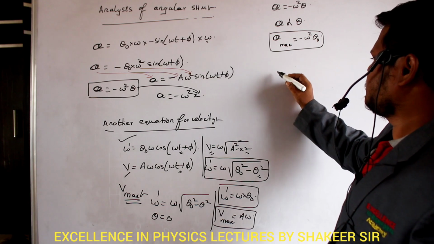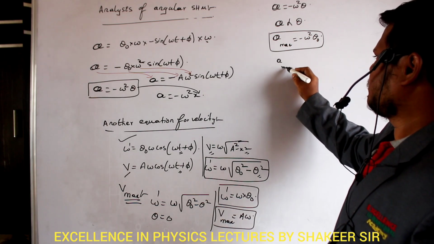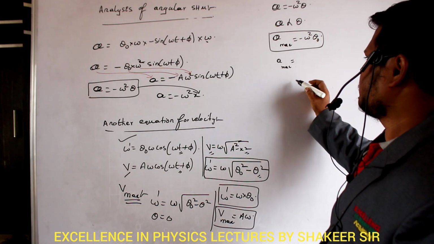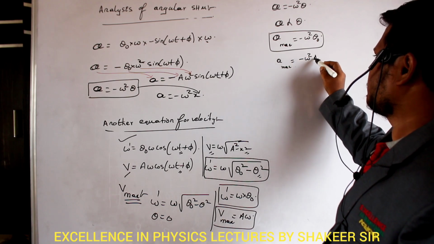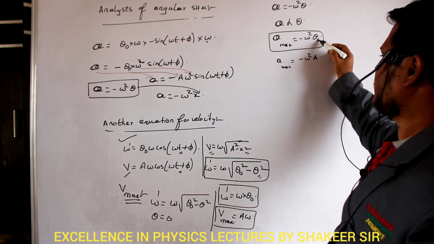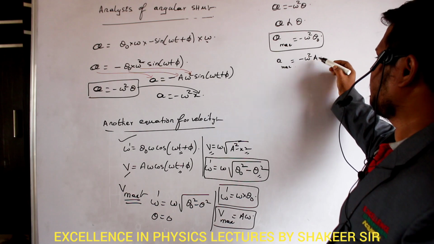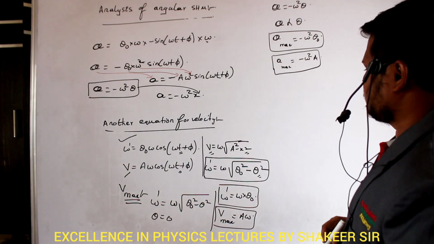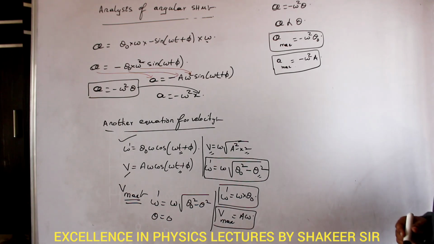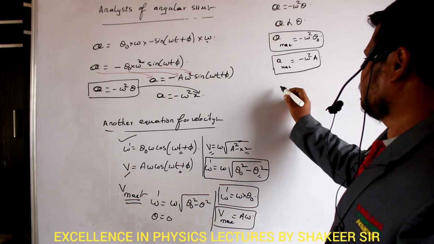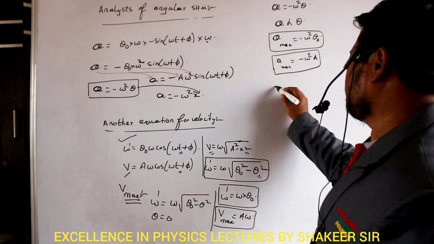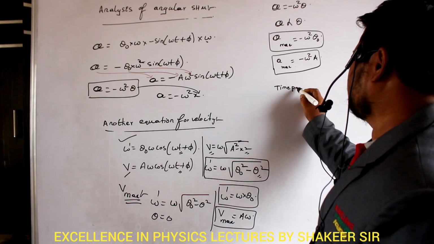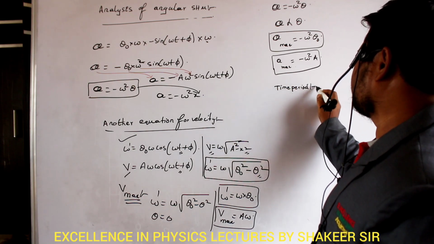Clear? So this is just analogous to the equations in linear SHM. So a max is equal to minus omega square into A. In angular SHM it is theta naught, in linear SHM it is A. Clear? So here also the equations are analogous to each other. Okay. Now we will study time period, how to derive the equation for time period of this angular